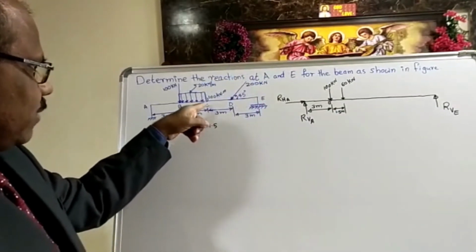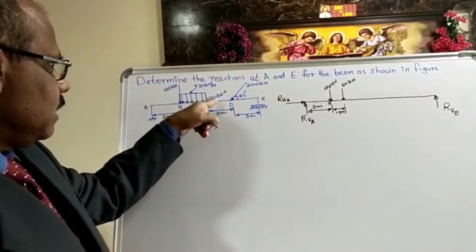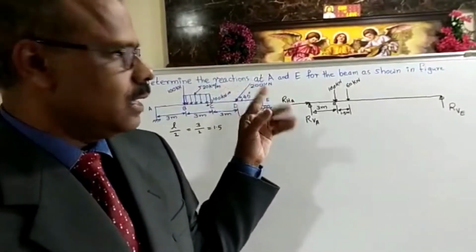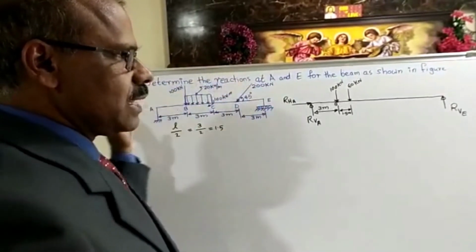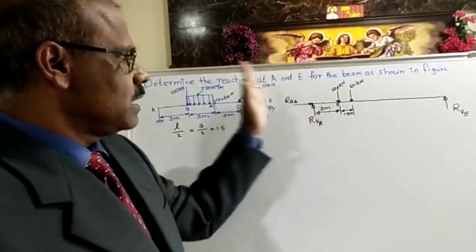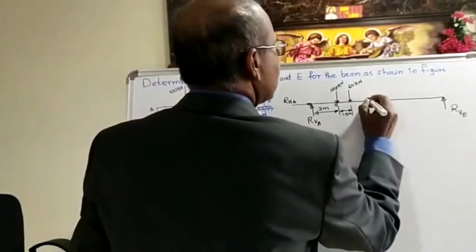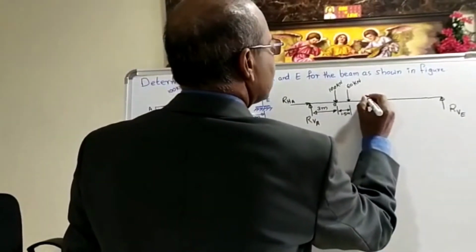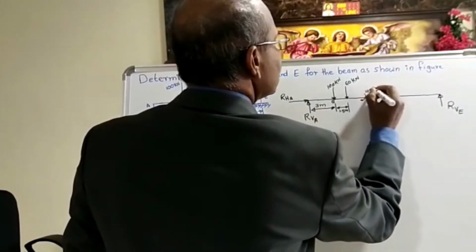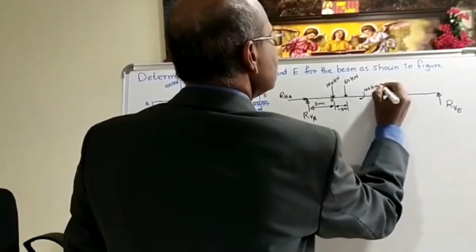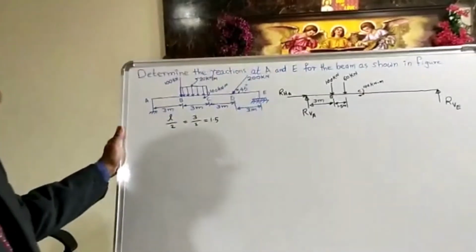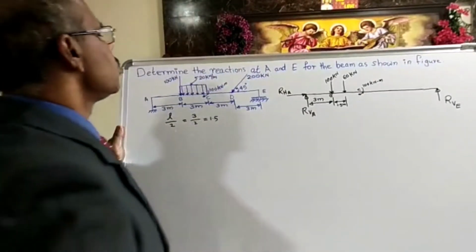Now what are we having? We are having a 100 kilonewton meter. What is 100 kilonewton meter? It is a couple. If a couple is given anywhere, it means that the effect of the couple will be uniform anywhere in this beam. So we can draw that point here. You can draw the couple also. The couple is of 100 kilonewton meter. A couple is also given here. We can write the point as C. It is already given there.